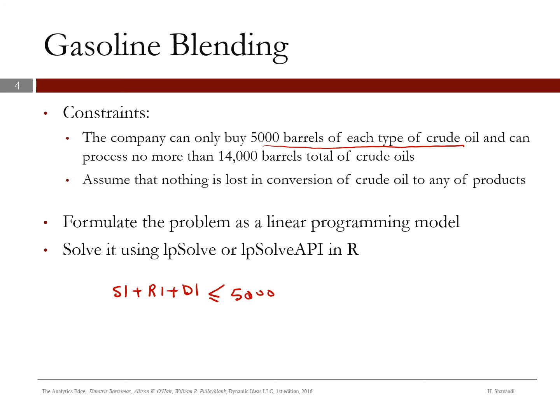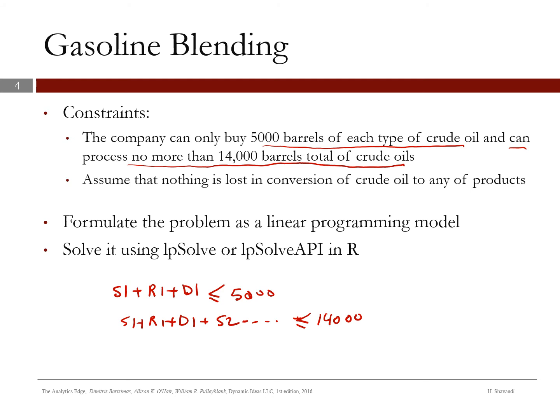And again, we would have the same constraint for other types of crude oil. And also we have another constraint that the company can process no more than 14,000 barrels total of crude oil. So that means the sum over all 9 decision variables, S1 plus R1 plus D1 plus S2 and so on, should be less than or equal to